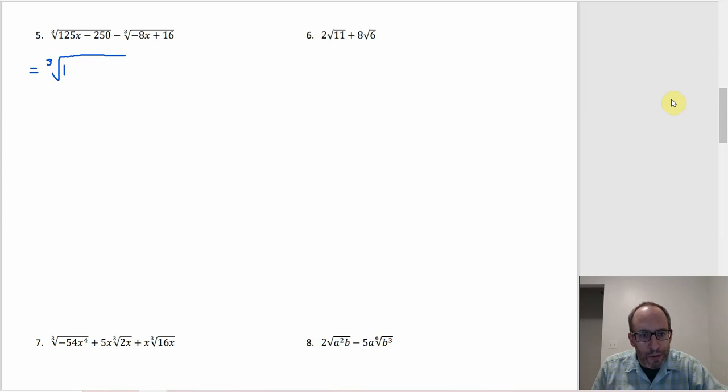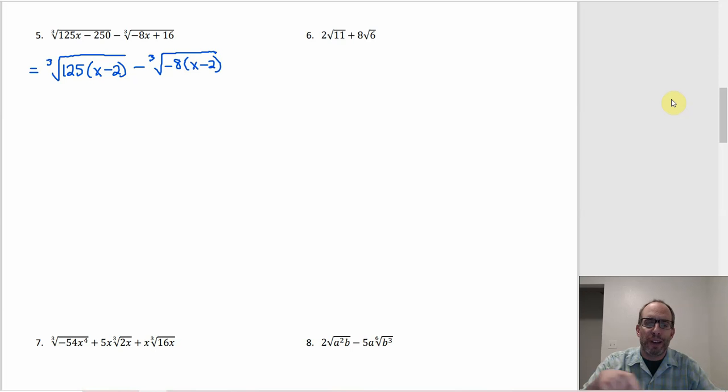So the first one would be factoring out a 125, and we'd be left with 125 times x minus 2. And then if we do the same thing in the second one, remember that if the leading term has a negative coefficient, you should be factoring the negative out. So we should be factoring out a negative 8, not a positive 8. So we'd have negative 8 times x minus 2. And we should be good to go from there,